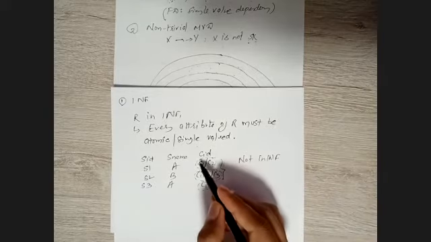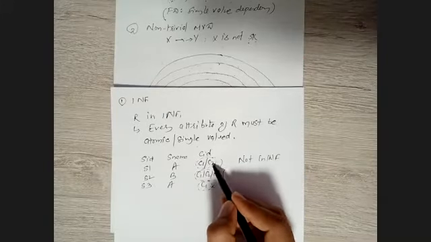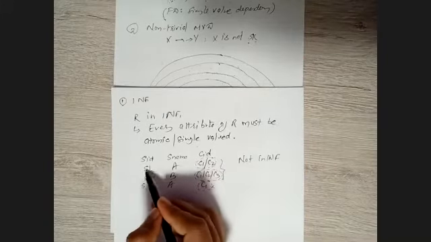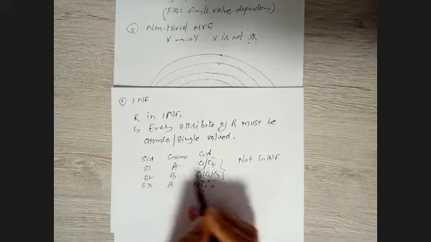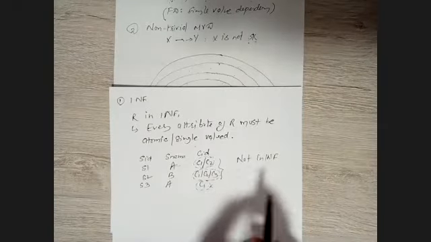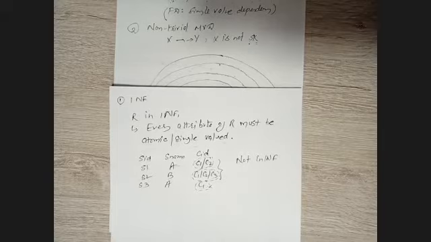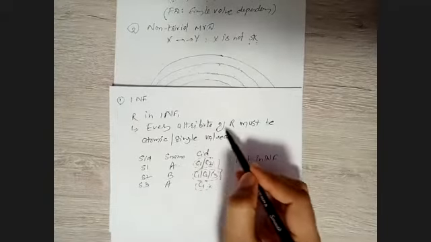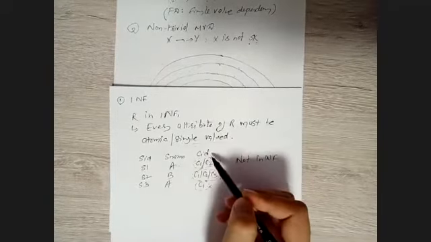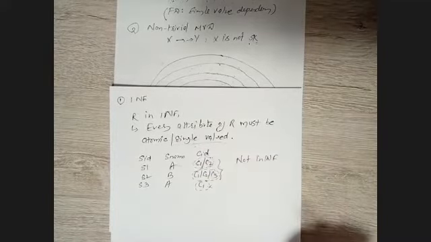So what do we generally do to avoid these scenarios? We have C1 and C2, so we take one row for C1 and another row for C2. We should avoid such multi-valued attributes in relational schemas. Every attribute of R must be atomic or single valued, meaning atomicity should be there. We will see this same idea in transactions, the ACID properties.